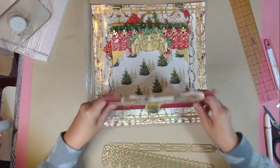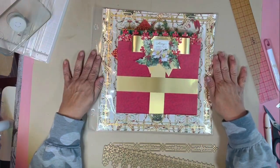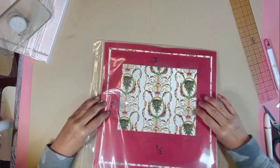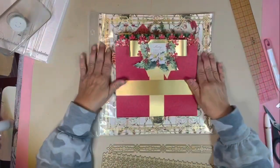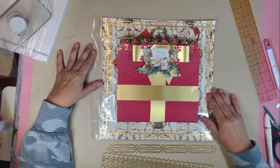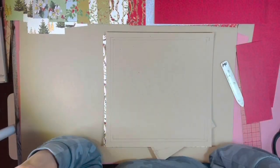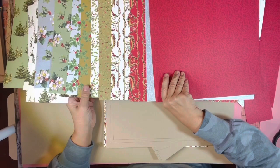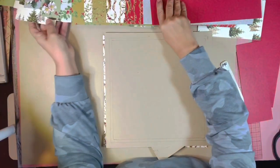And now let me show you how we put this all together. And yes, you are able to put it in a scrapbook page just like this. And I'll show you how to do that also. Thank you so much. Okay, so I am loving the Christmas paper, and it is inspiring me to really start